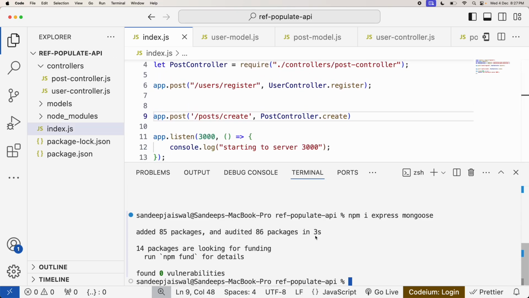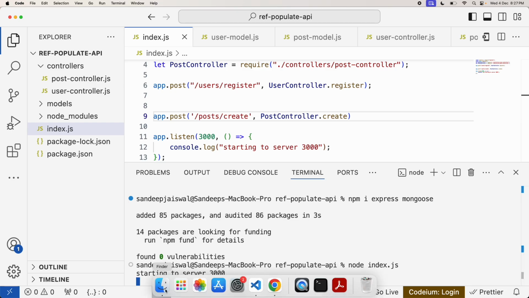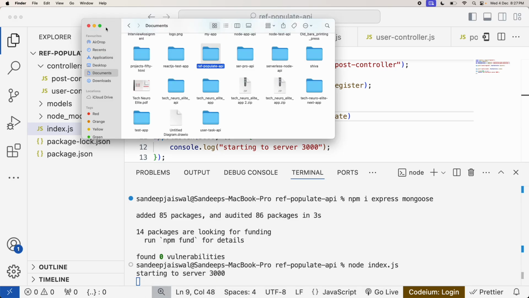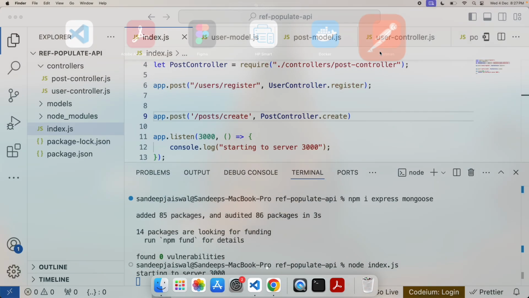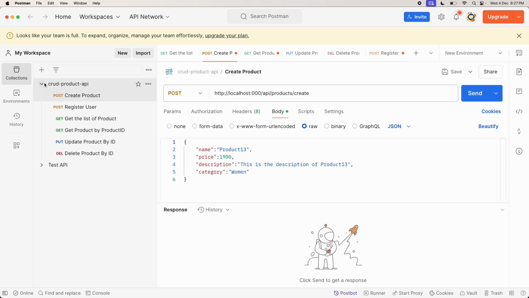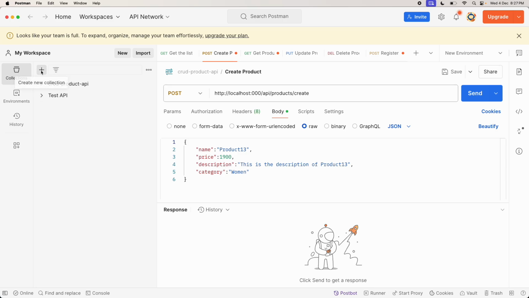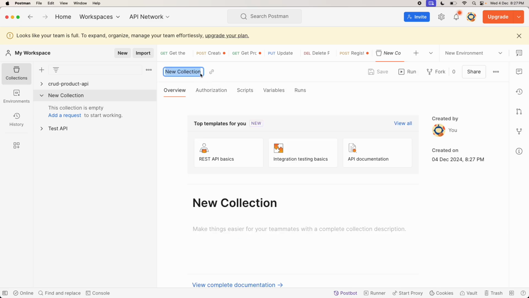So let's try to execute this. I'll just write node space index.js. Okay, server running on 3000. Let me start Postman. So let me check where is Postman. Okay, so just close this. I'll just create one more blank collection. That collection I'll name as